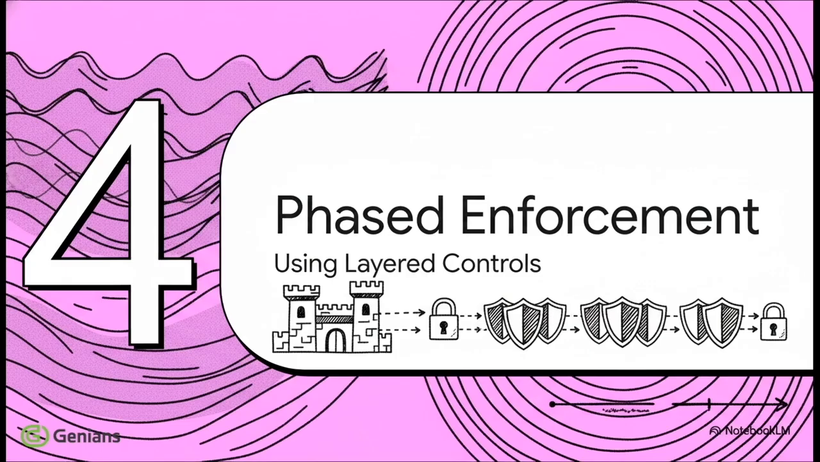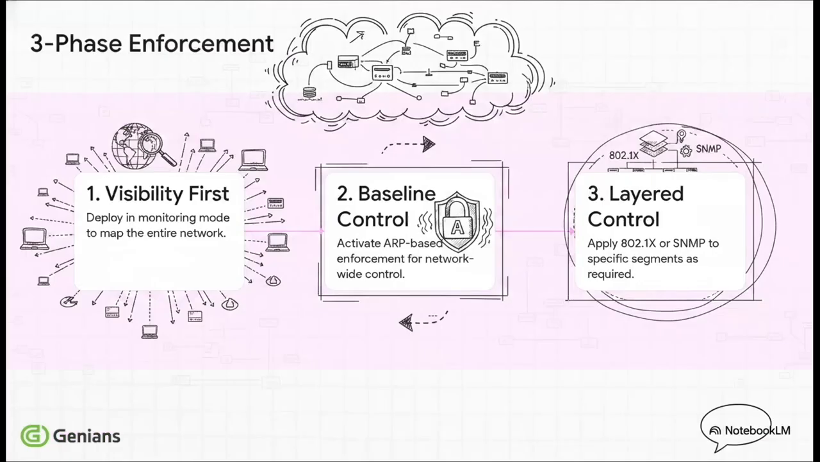This is referred to as a phased enforcement approach. Here's the documented three-phase path. Phase 1 is visibility. You deploy in monitoring mode to map the entire network. Phase 2 is establishing a baseline of control, for example, by activating ARP-based enforcement for network-wide control without changing infrastructure. Then, Phase 3 is layered enforcement. This is where you apply methods like 802.1x, SNMP, or SPAN, but only to specific segments where the infrastructure and